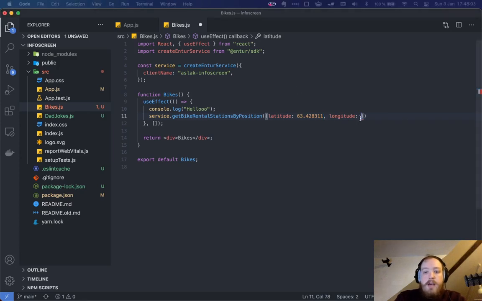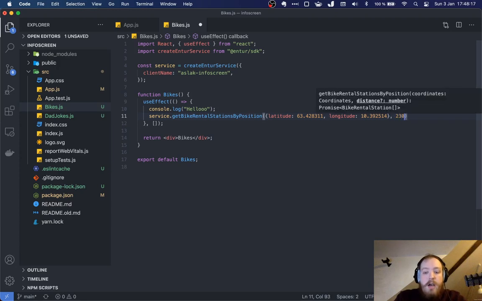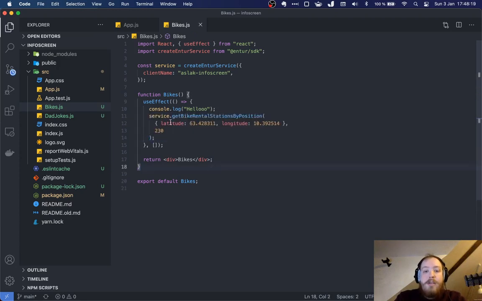In my case, I have picked the latitude and longitude of my old apartment. I don't live there anymore, so I don't feel like it's a problem putting that out into the world. But I highly recommend that you use the same values that I have for testing now, and then later you can change it to your local position. But the thing is that I have tested this, and I know that there are bike stations